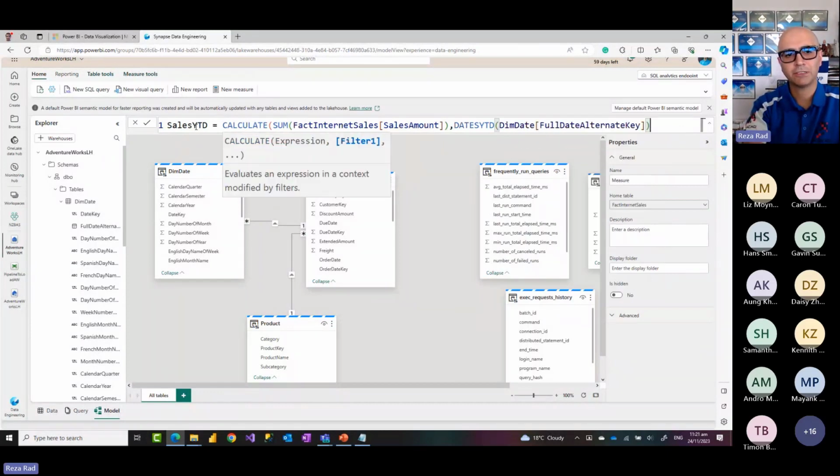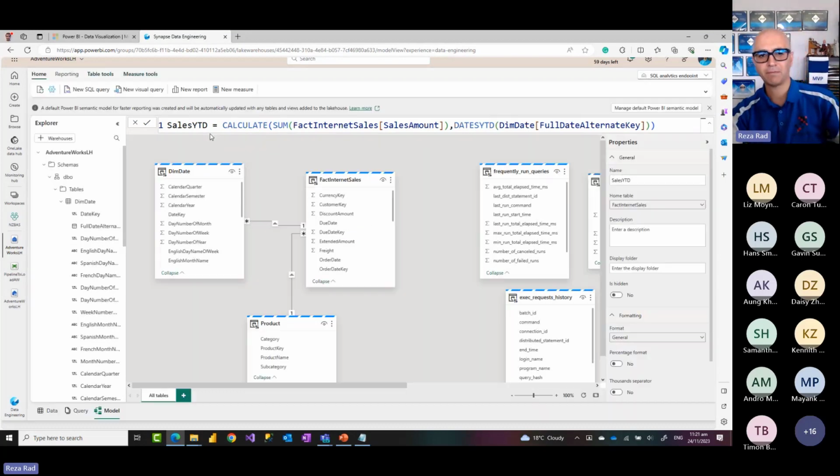Of course, this language itself requires a little bit of a learning process, but it is something that helps you to build analytical